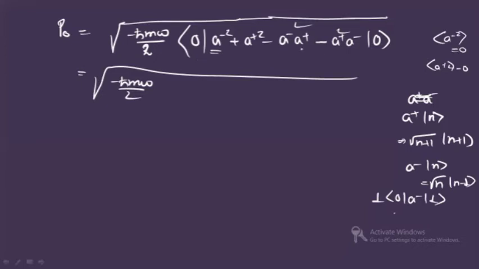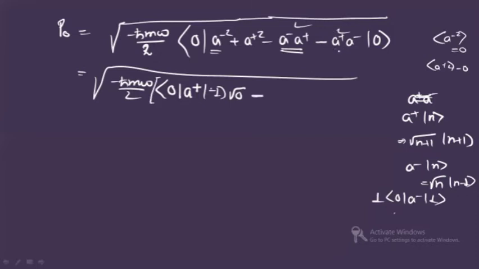So let's see here. First let's see this term. First of all, the lowering operator will operate. This state will remain same. Raising operator will be left out. When the lowering operator will operate, you will have root over 0 into 0 plus 1. So this term will become 0, because this will become minus 1, and it is root over 0. So the first term is becoming 0, right? Minus sign I am giving.